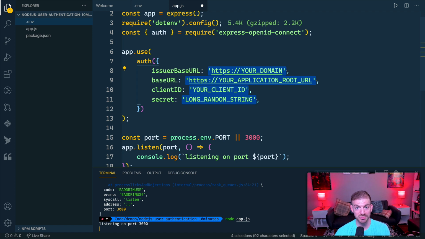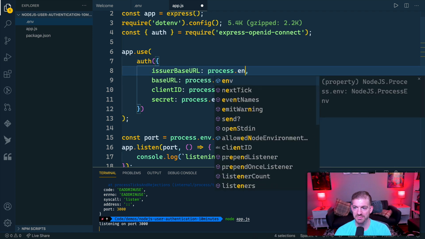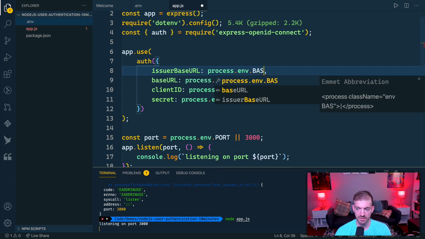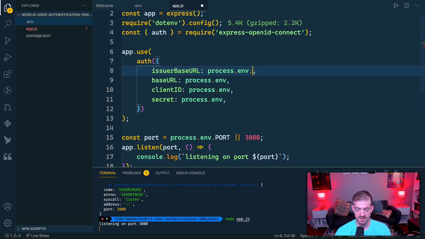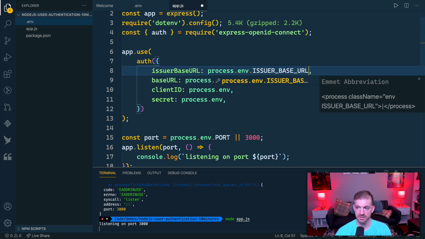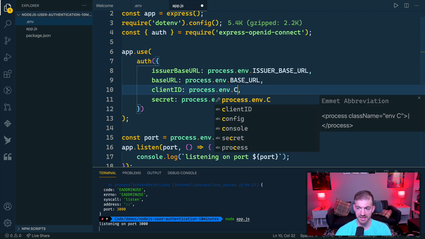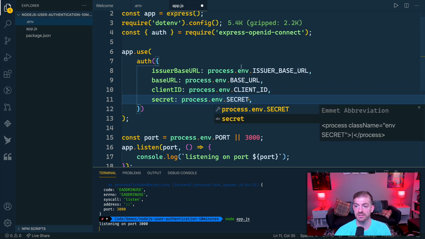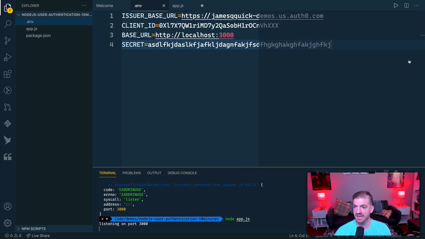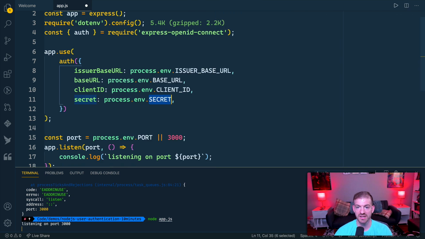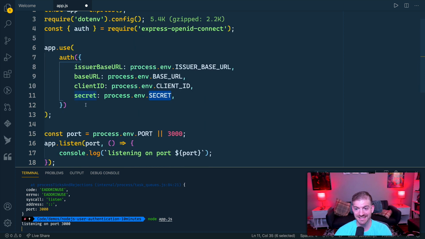So I'm going to set multiple cursors here, a little trick in VS Code, and then type in process.env. And the top one will be the issuer base URL. The second one will be the base URL, then the client ID, then our secret. And notice these should match up exactly, spelling-wise at least, with what we have inside of our env file. So we have our issuer base URL, we have our base URL, we have our client ID, and our secret. And so this is really all it takes in this case to set up